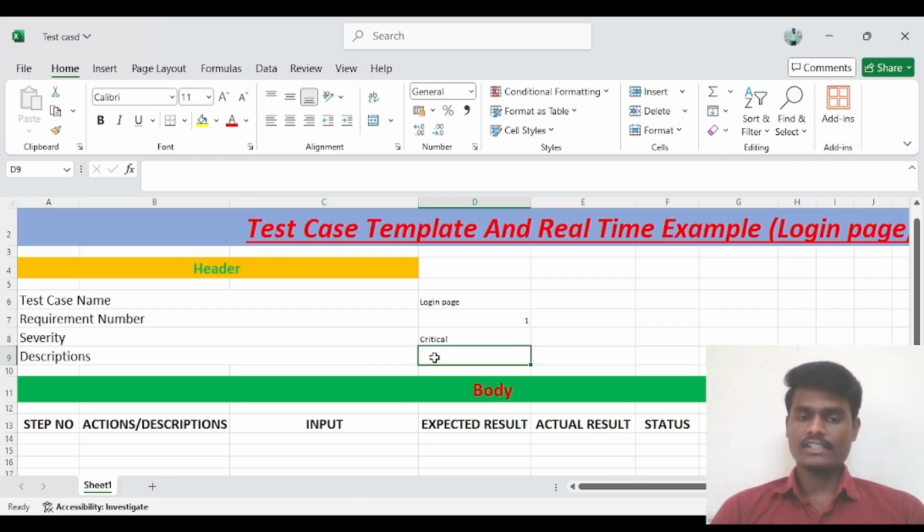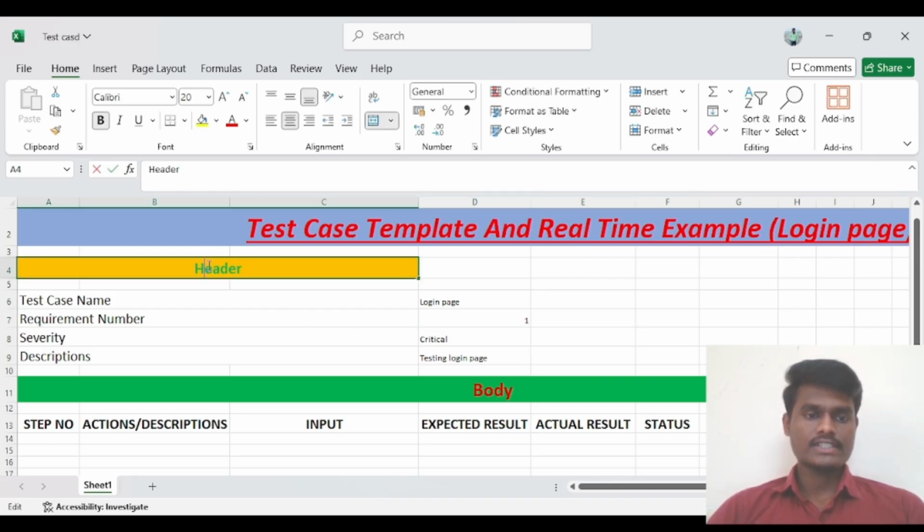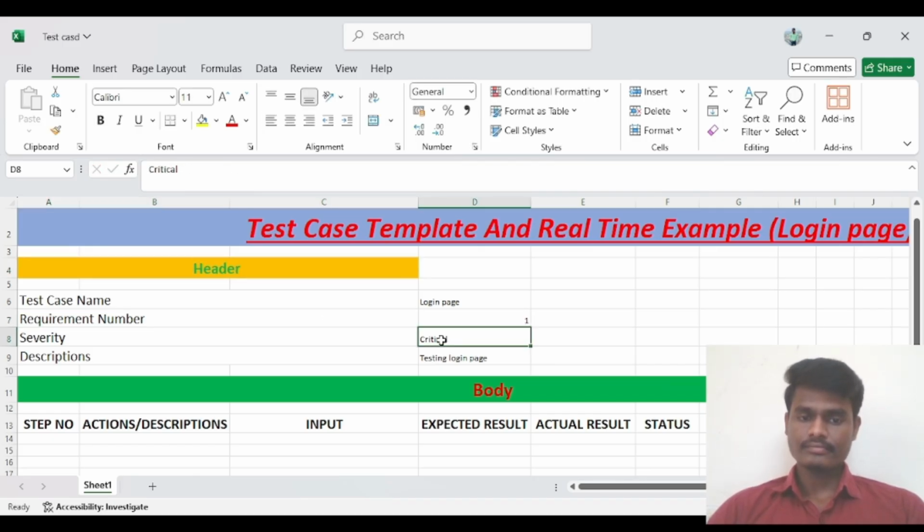This is the severity which I have given here, for example only. And description means what we are going to test: the login page. So testing the login page, we can write here. So this is the header part which you have to follow, guys.